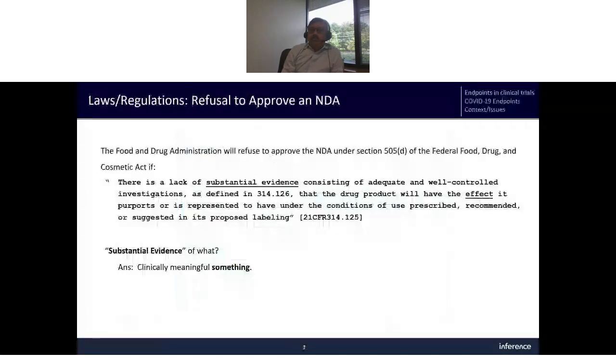Now, this is the current law around efficacy. This is United States law that the FDA follows. It's a double negative the way it's written here. So basically, it says that we have to have